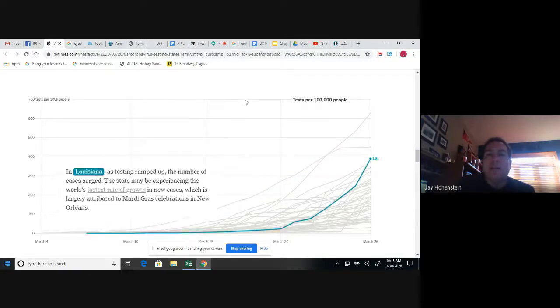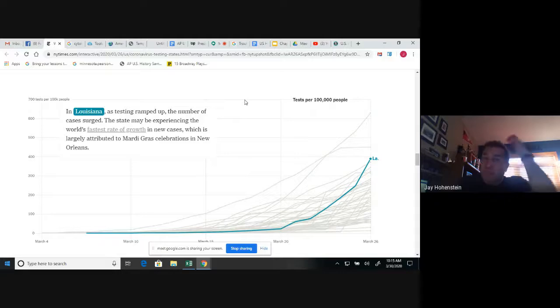But now we're seeing other places like in Louisiana, they still held Mardi Gras, where they gathered thousands of people together in New Orleans with the assumption that coronavirus was not all that serious. There had been many people, the president included, who argued that maybe coronavirus was just like the flu. It wasn't that big of a deal. And now they're seeing an explosion of cases of people who have coronavirus inside of their area.